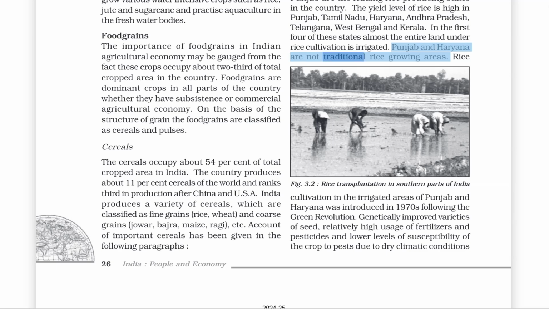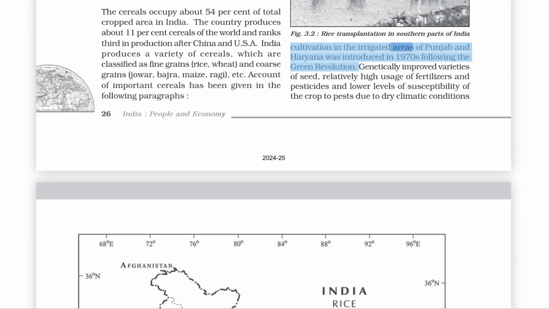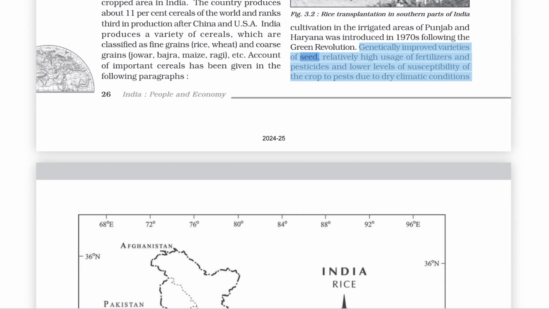Punjab and Haryana are not traditional rice-growing areas. Rice cultivation in the irrigated areas of Punjab and Haryana was introduced in 1970s following the Green Revolution. Genetically improved varieties of seed, relatively high usage of fertilizers and pesticides, and lower levels of susceptibility of the crop to pests due to dry climatic conditions